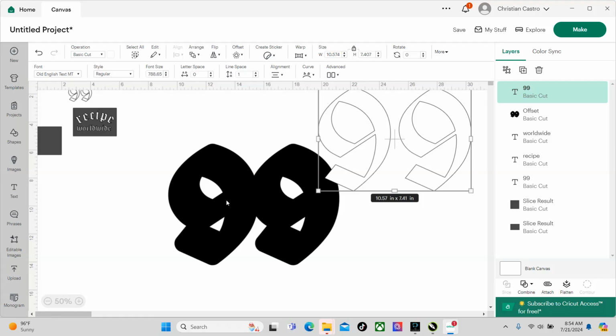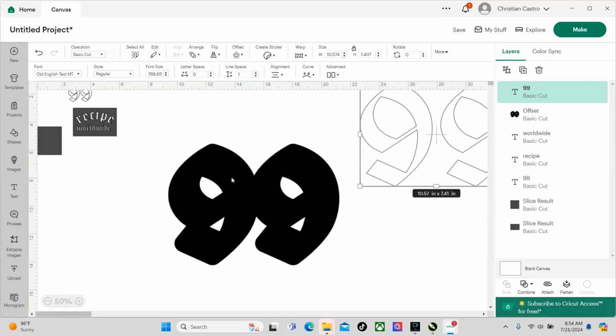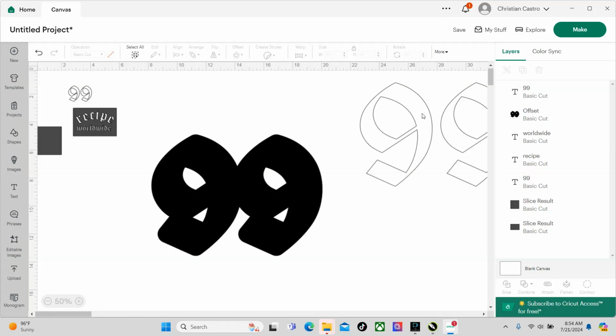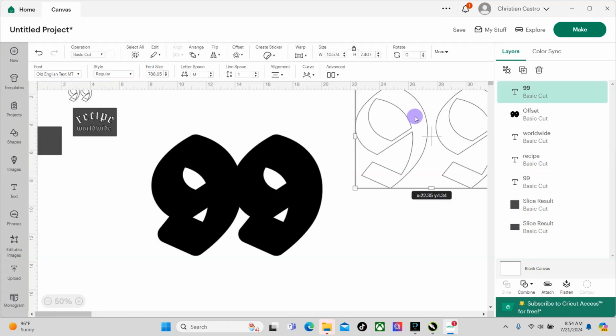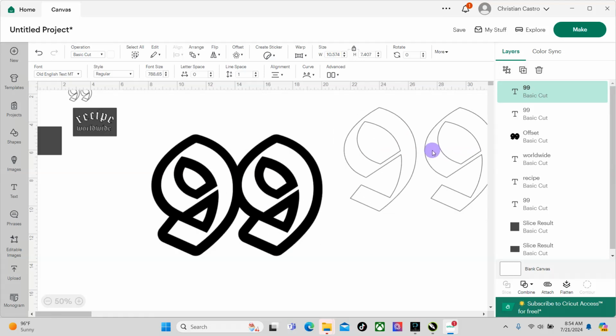This is going to be one layer, and then this is going to be another layer. If you don't want this giant piece, which I use high quality heat transfer vinyl for my project, so for me it doesn't matter when I lay my vinyl on top of other vinyl, it feels really nice. But if you're using kind of cheaper vinyl, which I don't recommend anyways, and you don't want that thick feeling, we could always duplicate this one,